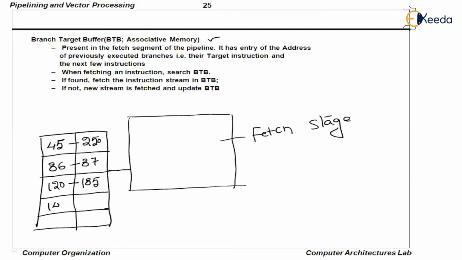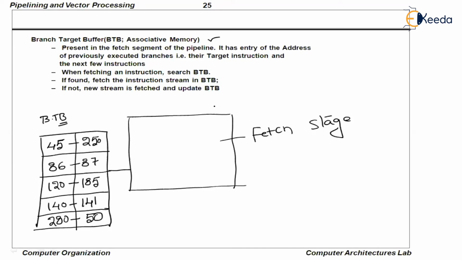And 140 is a branch instruction which is not a taken branch. So the target address is 141. Followed by 280, which is a taken branch. For this branch the target address will be equal to 50. Okay. Now, there is a BTB associated